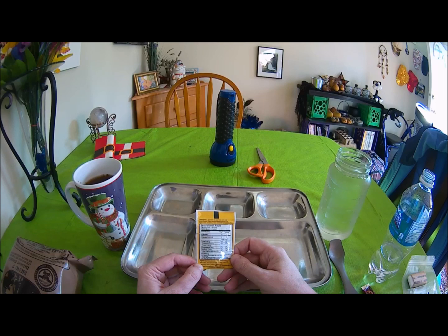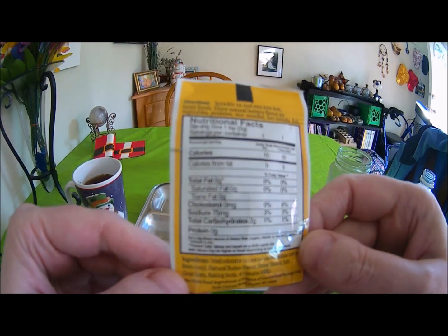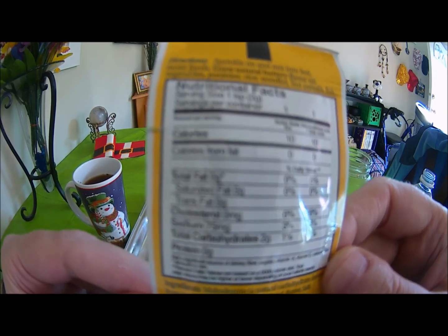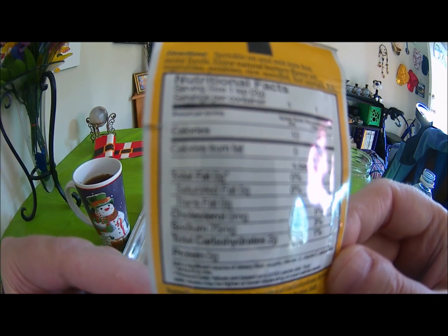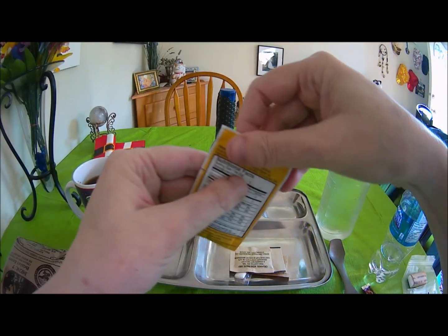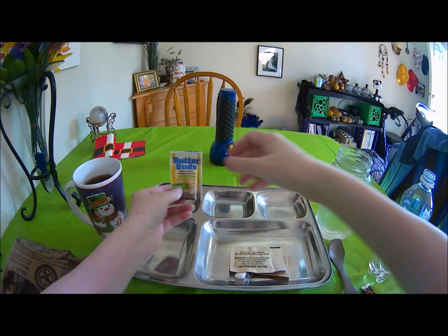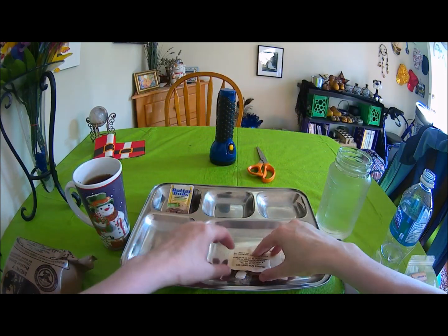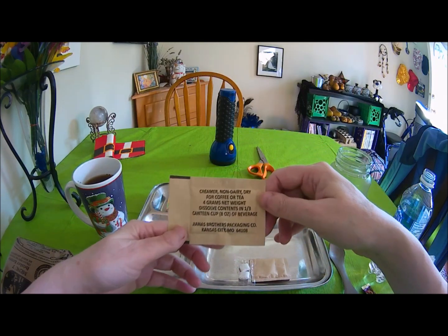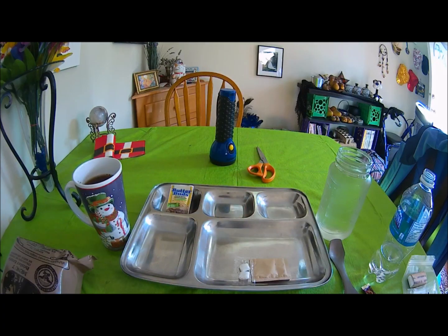So, if my camera will focus on that, if you want to pause, let me stop moving it, so you can pause and read that if you want. I've never had the Butter Buds. What am I doing trying to open it? I don't have anything to put it on yet. Okay. Here is the creamer, non-dairy, dry, for coffee or tea, 4 grams. And let's go with